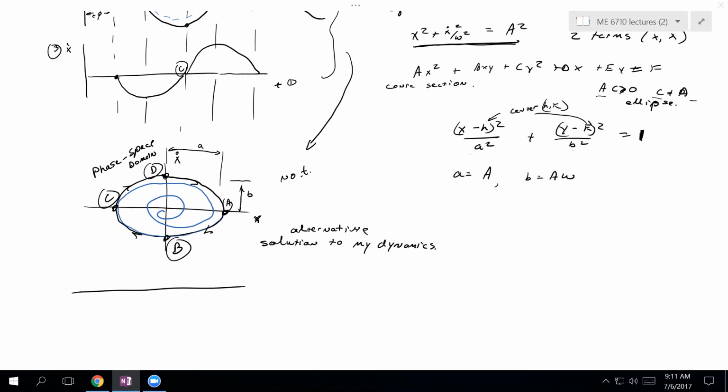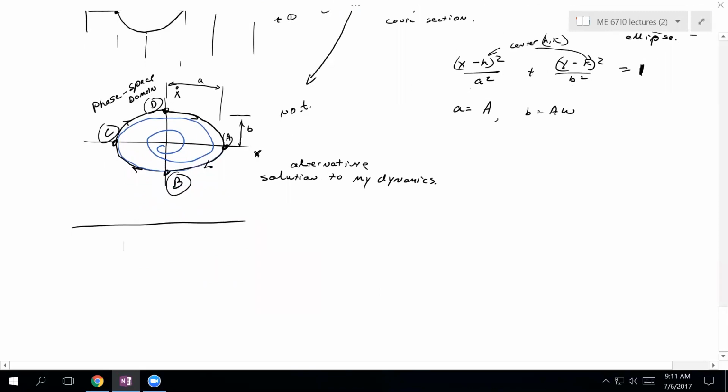For $19.99 and 3 easy payments, I'm going to show you why phase portraits are cool. That phase portraits do something else. And that is,